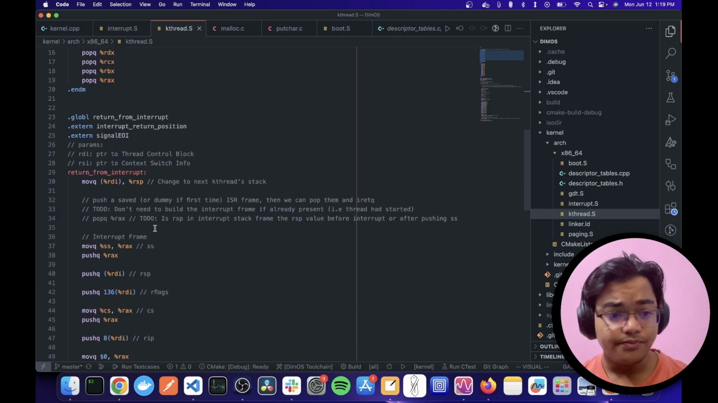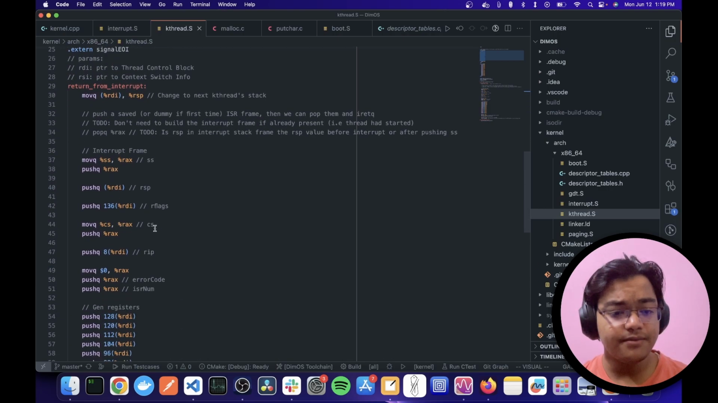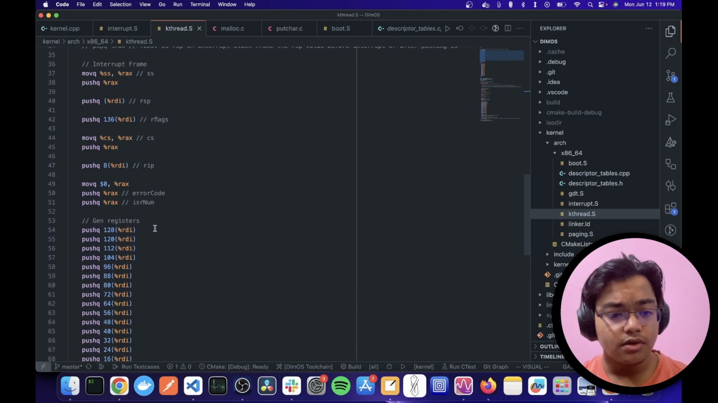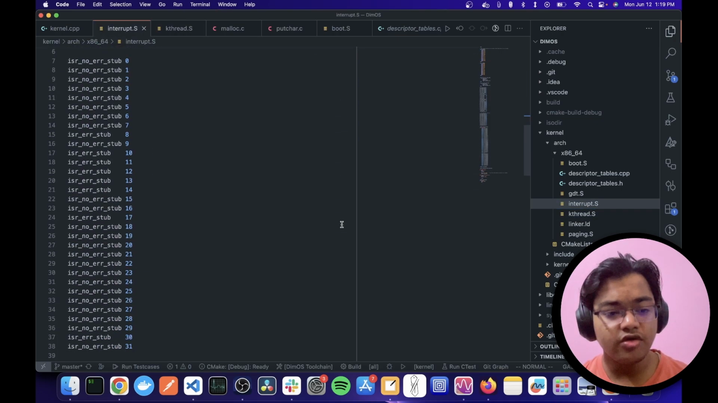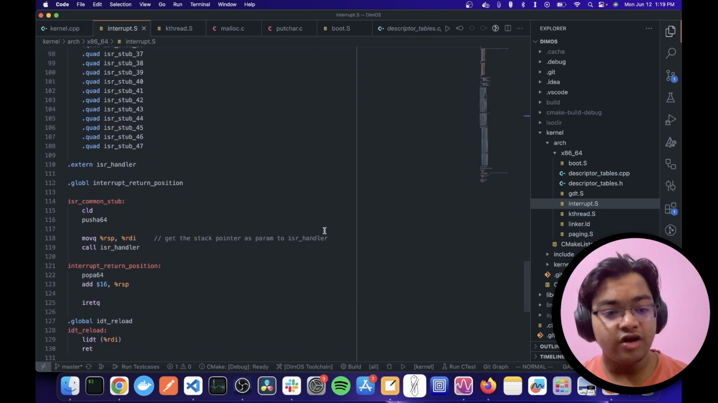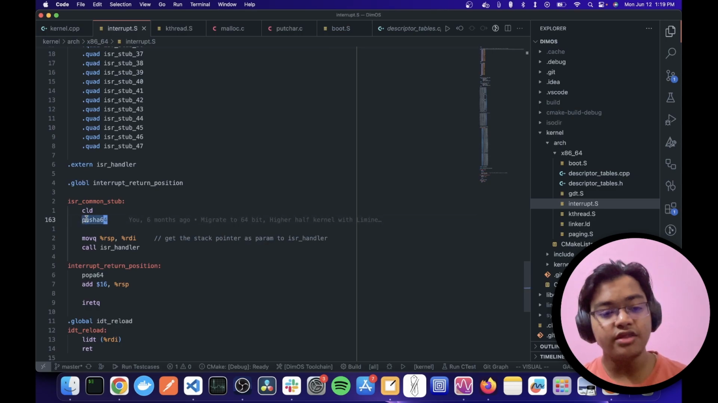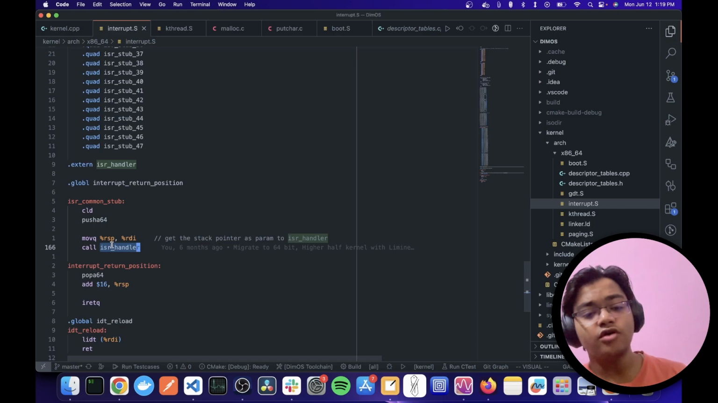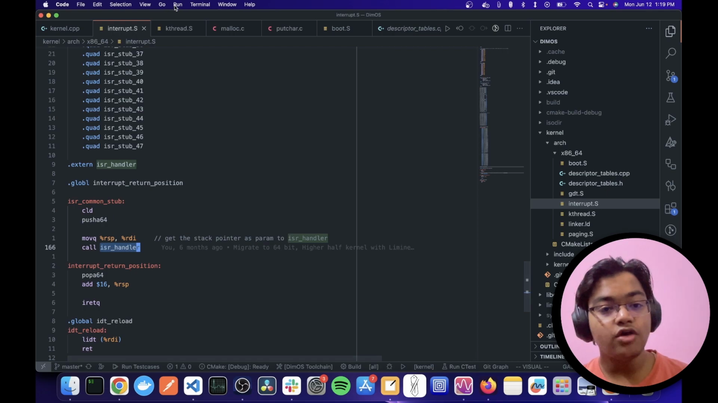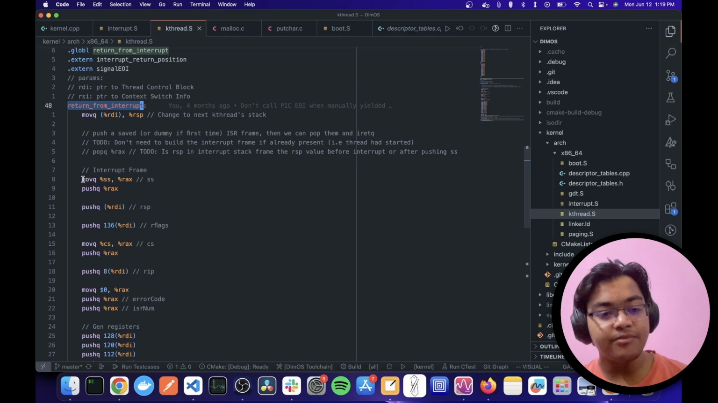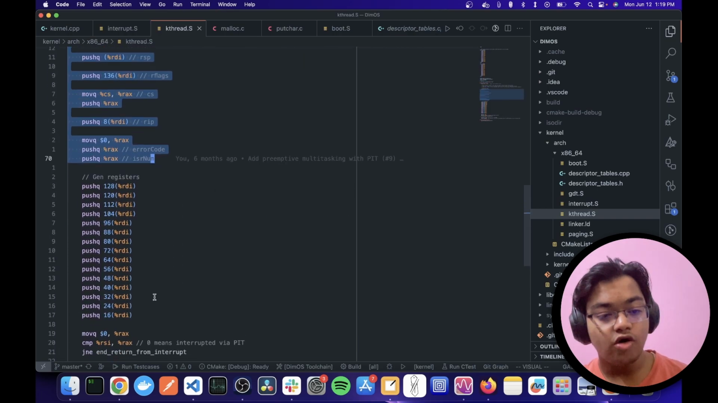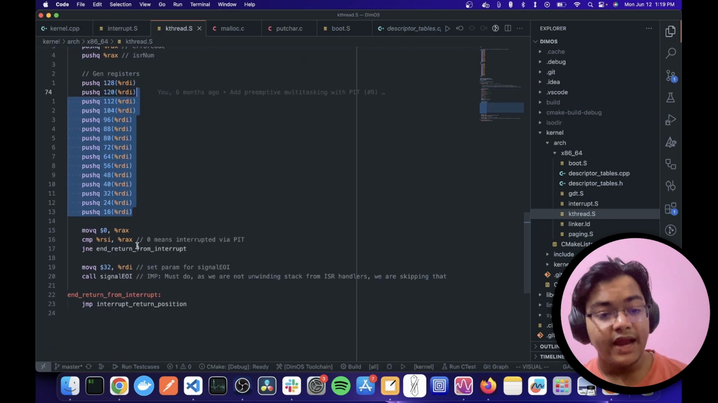So here's how it happens, right? Actually, this and this are connected somewhat. When an interrupt happens, first of all we save all the state, all the registers, then we call the interrupt handler. Then when the interrupt handler is called and it decides which kernel thread to go to, it will call return from interrupt, and it would store the interrupt frame, as you can see, all these things, and then jump